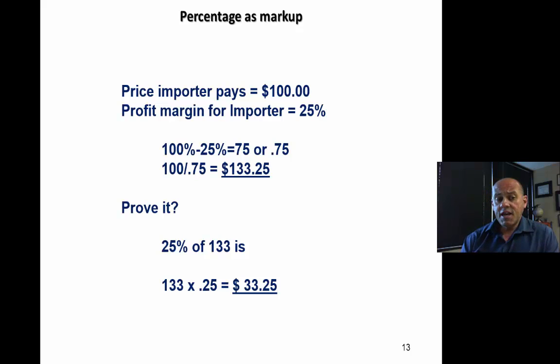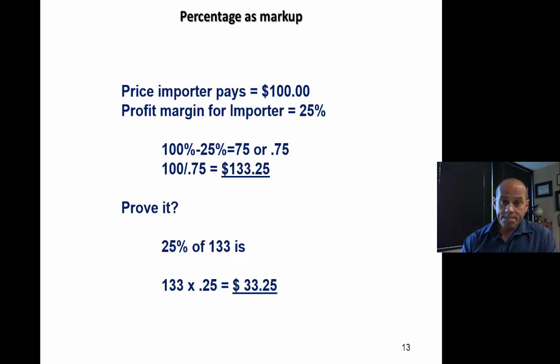So let's say that the importer pays $100 and they want to put a profit of 25%. Well, this will require using a different proportion. So a simple calculation to calculate this is take 100% minus 25%, or 0.75, and divide the cost, $100, by the 0.75, and you get